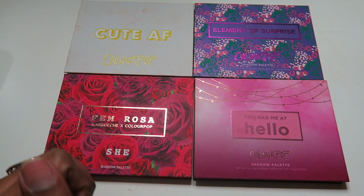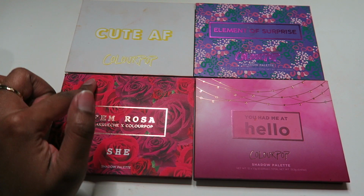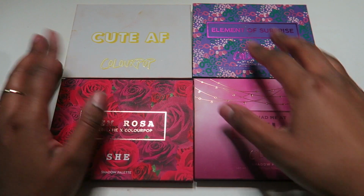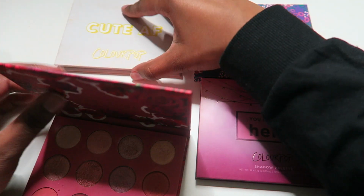So now we've moved on to my Colourpop collection. I have 4 eyeshadow palettes from them. I'm actually going to be putting these 2 on probation, which were the first 2 palettes that they came out with, and I'm going to be keeping these 2, which were more recent releases. So the reason why I'm putting these 2 on probation is because